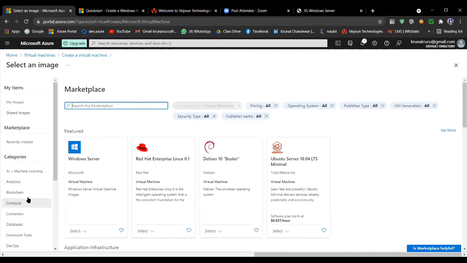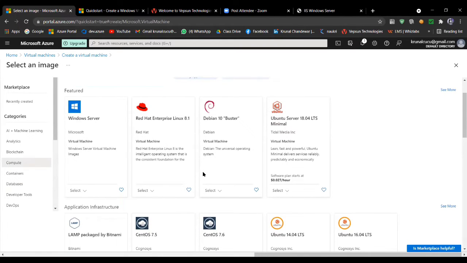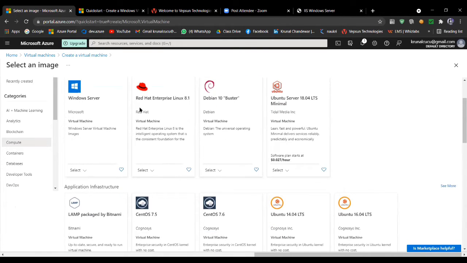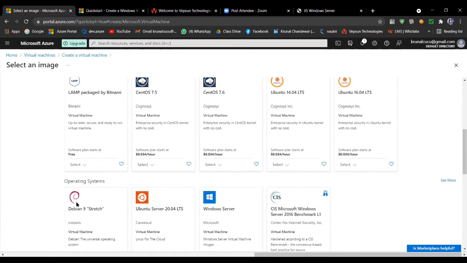Okay, how many flavors do you have in Windows Server? We have only one, but when you go with Linux, you have the flavor of Red Hat. You have Debian. Even you can install Ubuntu Server 18. Even you can go with SUSE and CentOS, and Ubuntu 12, 14.